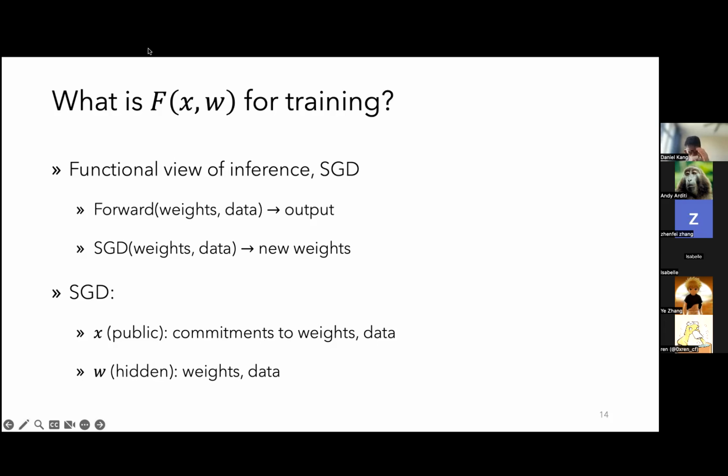Could I jump in with one question? Yeah, go for it. So here we're talking about the forward pass function taking in weights and data. I'm thinking specifically about the model architecture. The model architecture would be fixed, the F that we're evaluating on weights and data would be fixed.